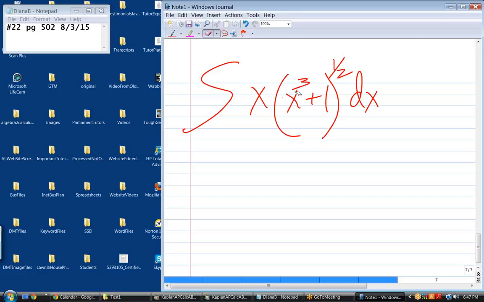So this one here, I would not be able to use U substitution. Furthermore, that's a pretty difficult integral. I'm not sure what I would use to integrate that. That's one of those integrals that,